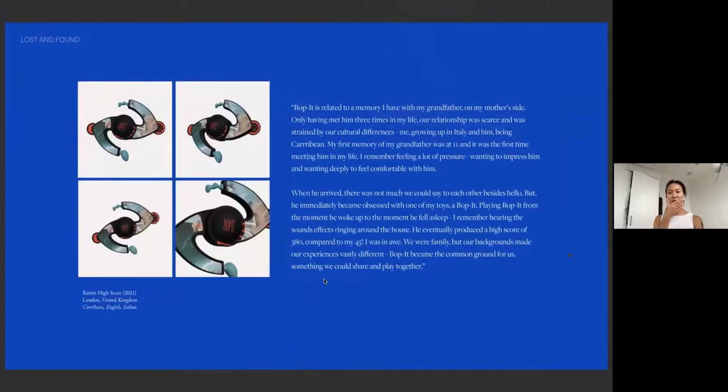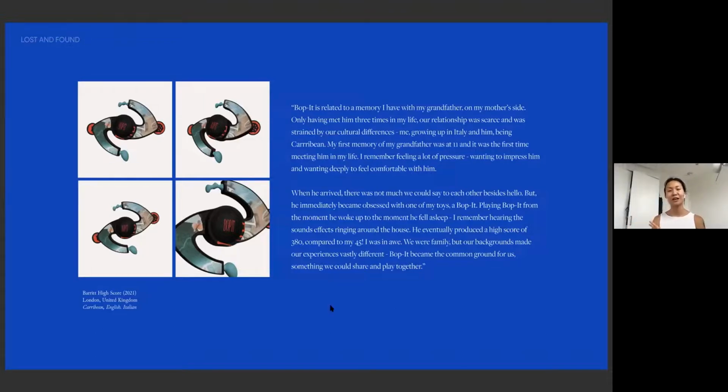But I'm going to go into one of the designs, basically the design for Jordan's artifact. One of his artifacts was a puppet, and it's related to a memory that he has of his grandfather, who's Caribbean. When he grew up in Italy, he had lost his Caribbean side quite a bit. He'd lost that culture. And when his granddad came over, the only way they could connect was over this puppet toy, and it was this common ground for them. And it was such a beautiful story. You can read it later on, I'll send you guys it, but it is such a lovely story.